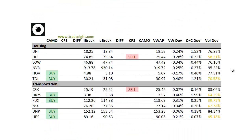Moving on to the housing names, mixed bag here. Some are up, some are down. DHI is pretty strong. Toll Brothers is also strong and sporting a camouflage buy signal. Energy names are a little bit better to buy here. See the camouflage buys. Again, none of these are really putting up any kind of decent volume, so take that